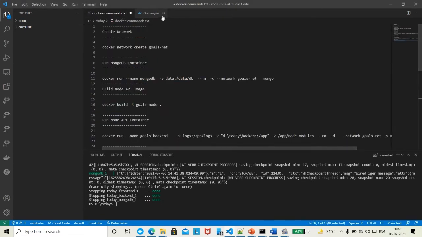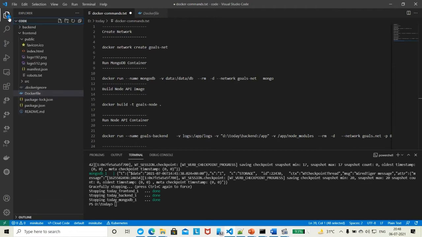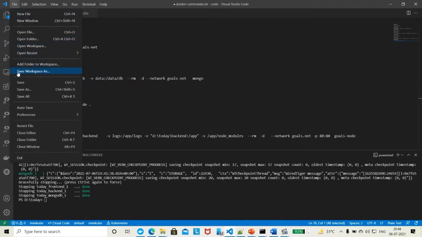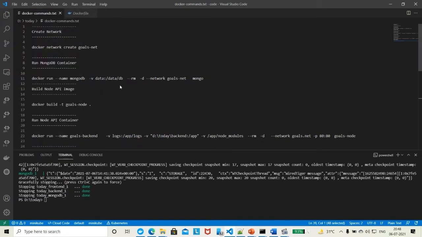This will start from the very root folder of this application. We have two folders, the front end and the back end. So the compose file will reside in the root folder.